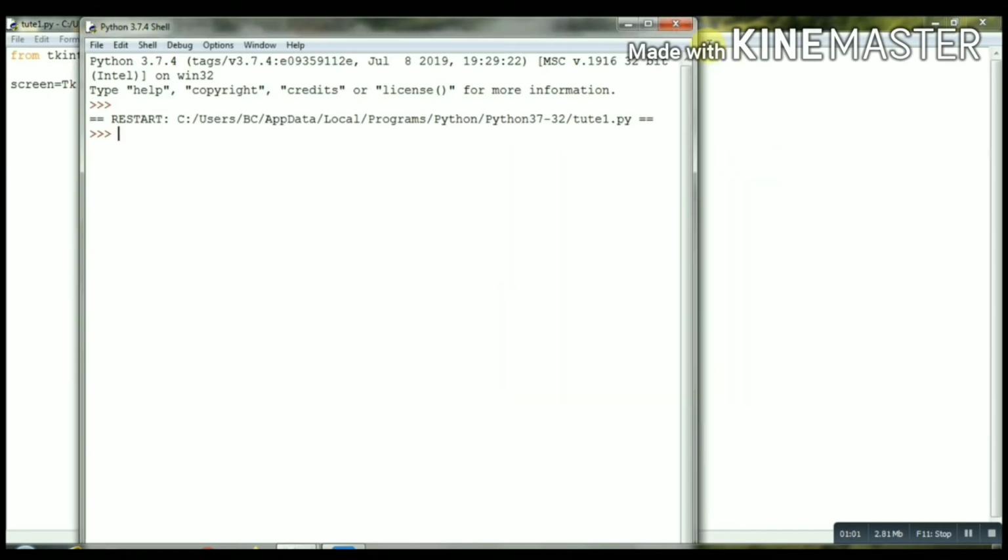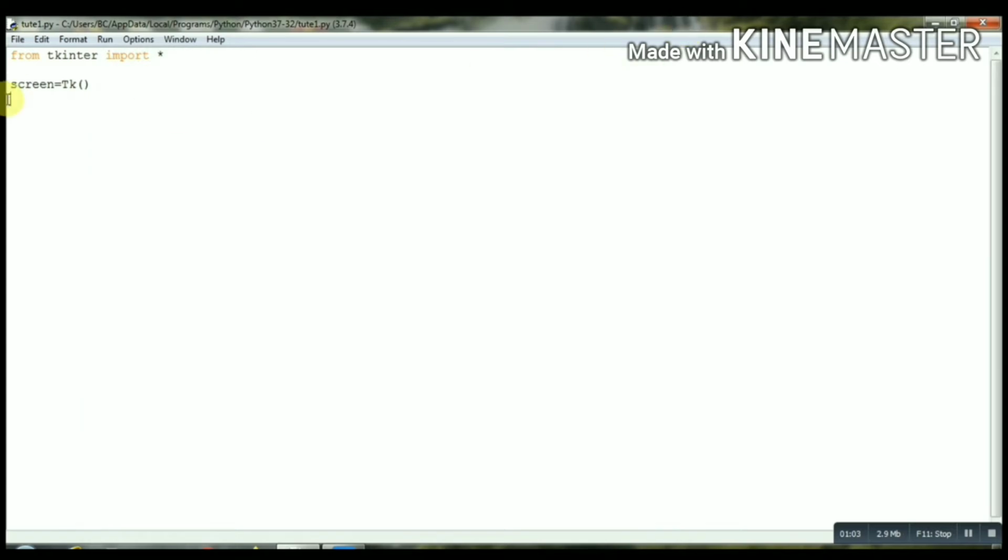Now guys, the most important part of Tkinter is its widgets. So let's start. We will start from the entry widget. But before starting the entry widget, we will understand how to give a geometry and title to a Tkinter window.